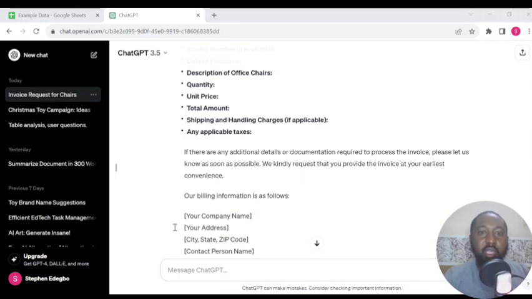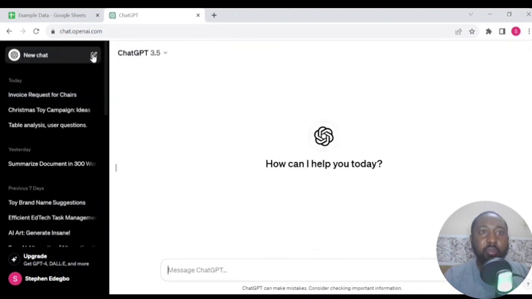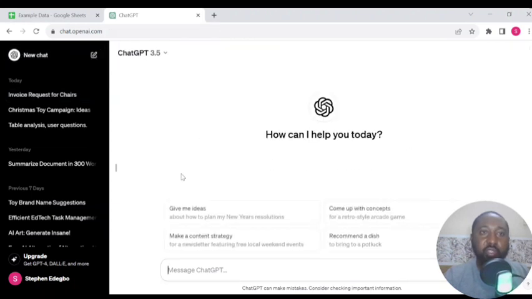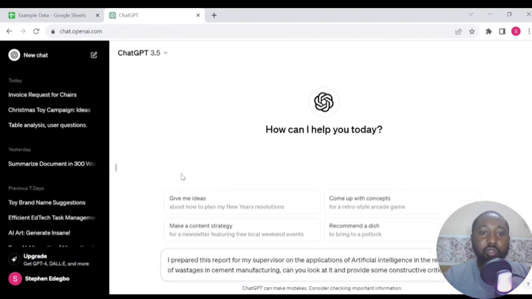So the fifth and last thing is to get constructive criticism. So if you have done something at work and you're supposed to share it with a supervisor, you can use ChatGPT to get constructive criticism before sending it to your supervisor. This makes your life way easier because then you probably won't have so much to change after your supervisor